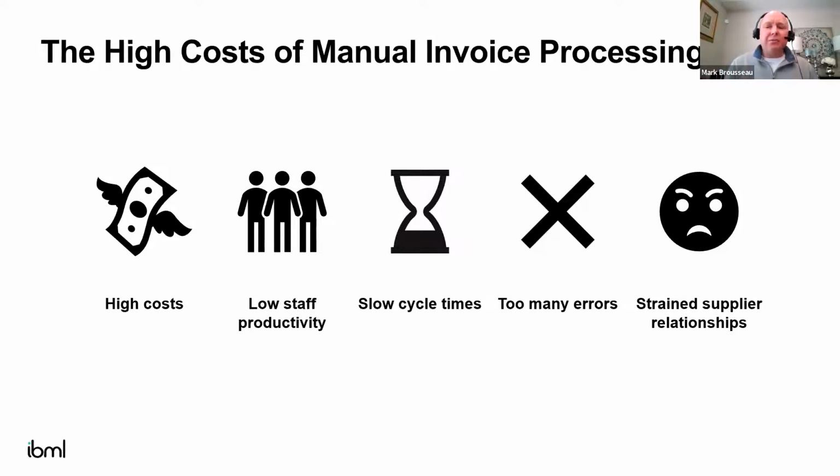When you deploy a technology like the one Ron just showed you, now you're going to be able to pay your suppliers faster, more accurately, and provide better visibility into the process. And this does a lot for you. This provides you with better leverage with your suppliers when it's time to renegotiate your contracts. You're going to be the business that they want to buy from, that they want to sell to. When you put it all together, it's no wonder that AP departments are looking at automation as a way to reduce their costs, Sushil.